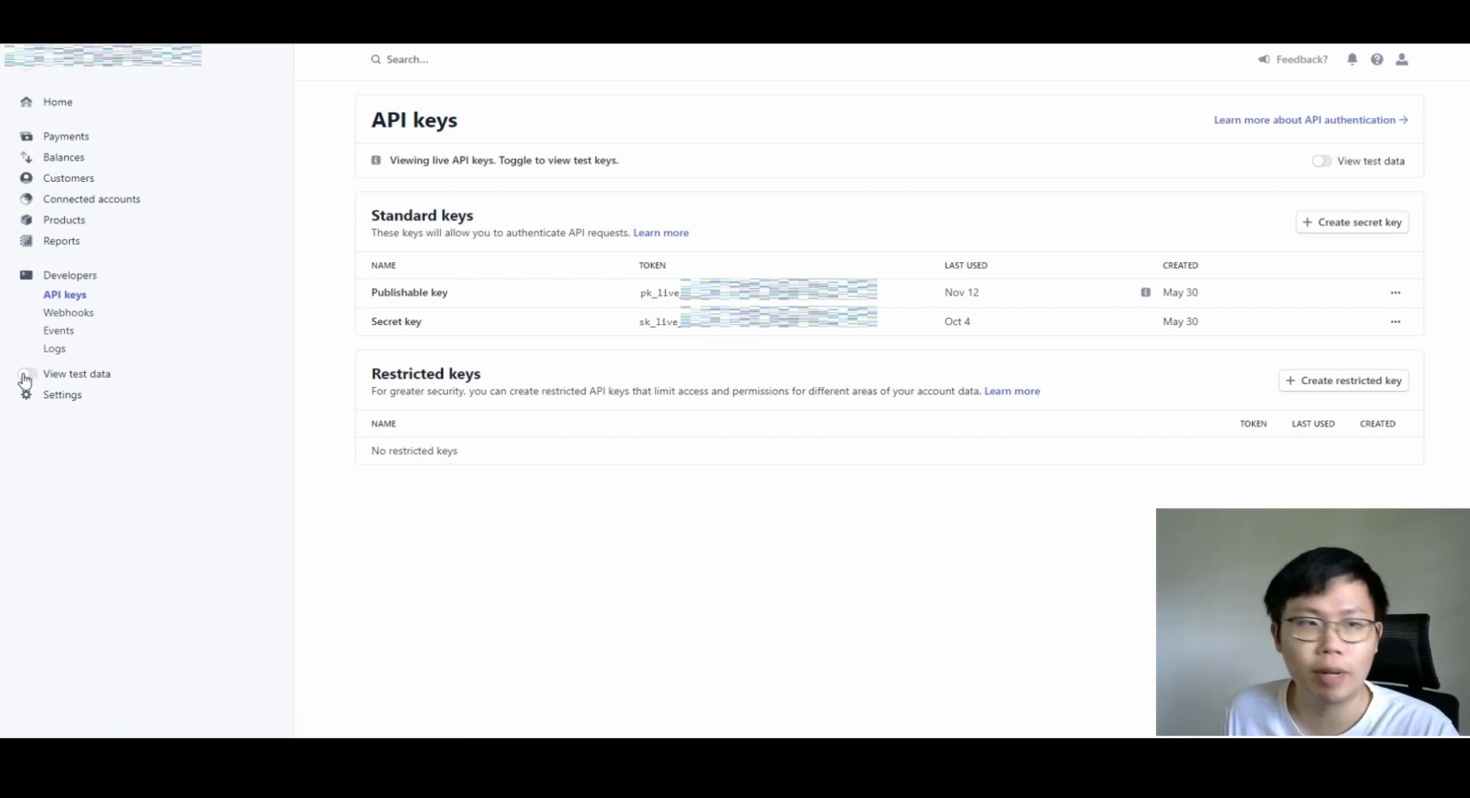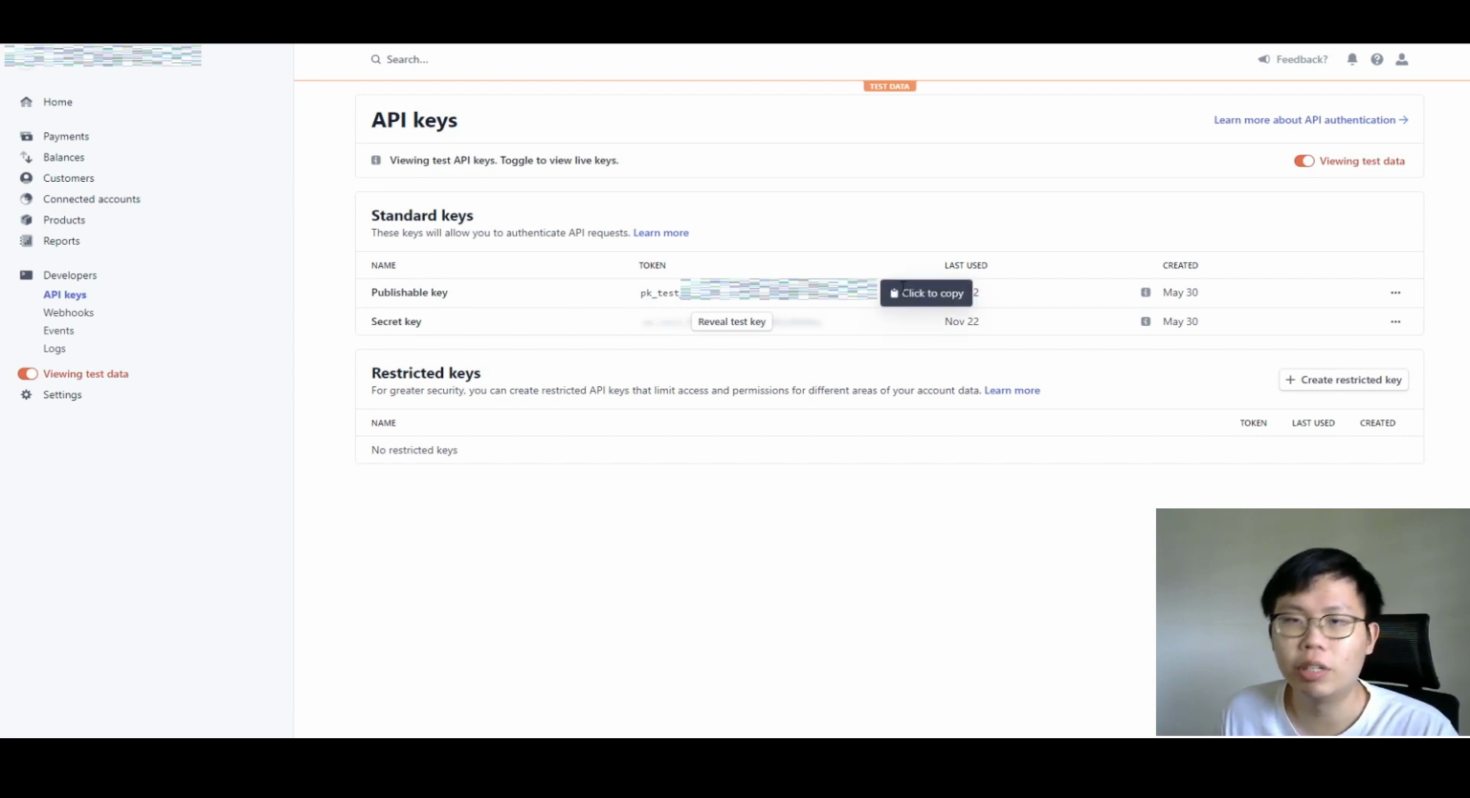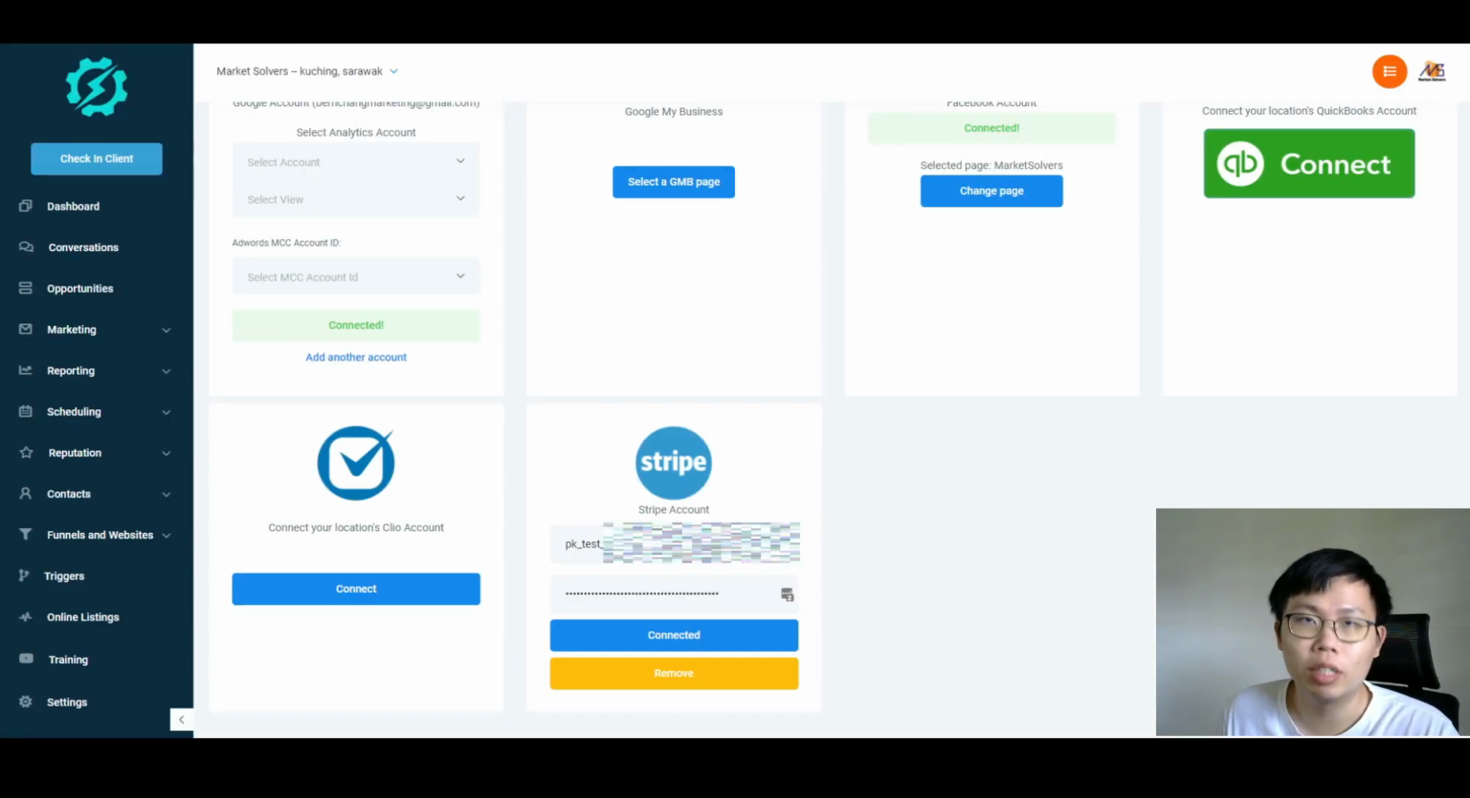you toggle this function, view test data. Once you toggle that, you see that the API key starts with pk_test. Then there's the whole serial number at the back, and for the secret key here, you have to reveal it. Alright? So once you get the keys, let's say in this case I'll use the test mode, copy these two keys, click copy, and click reveal test key, and so on, and go back to InstaFunnels,